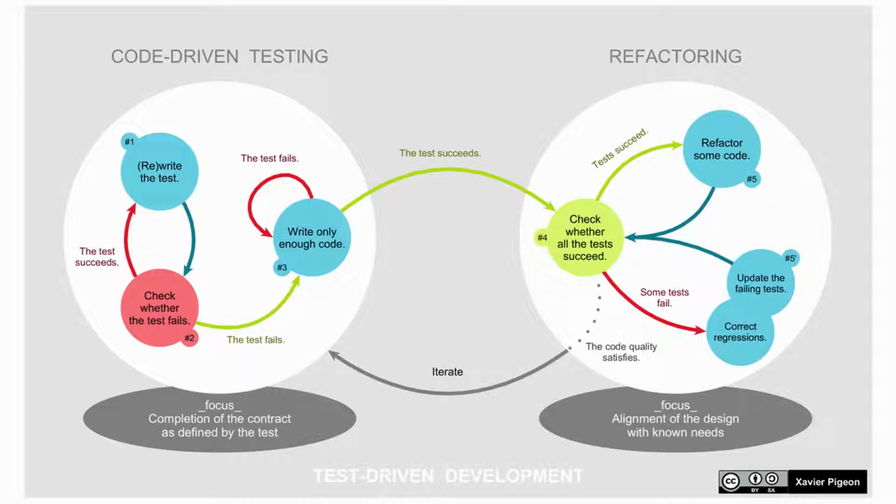So yeah, first step, writing the test. Second step, check if it fails. Do we have the assets? When we don't have the asset, and probably we don't, the test fails. This is the green arrow now, because this is the normal step. That's why it's green in this particular case.